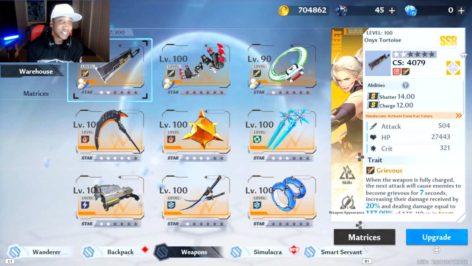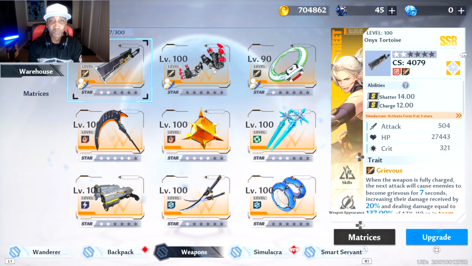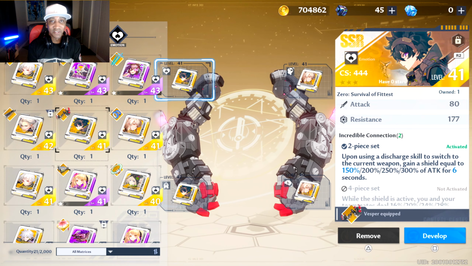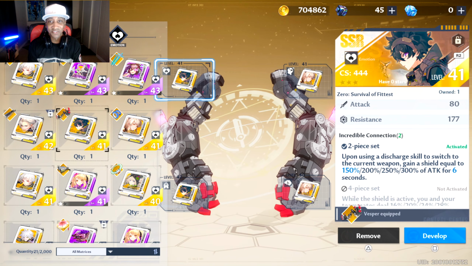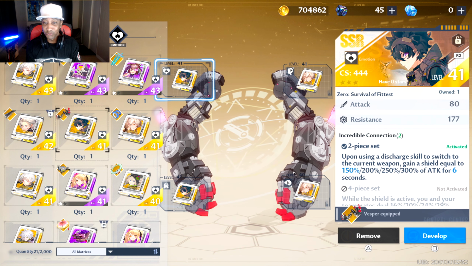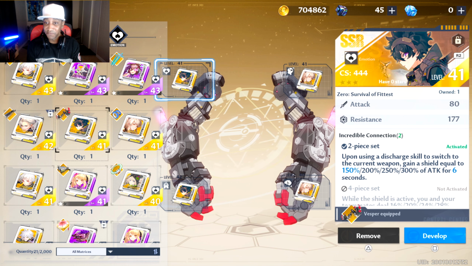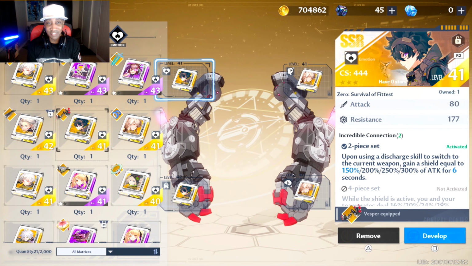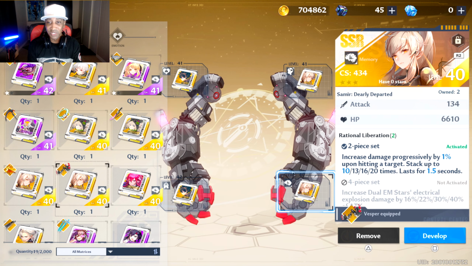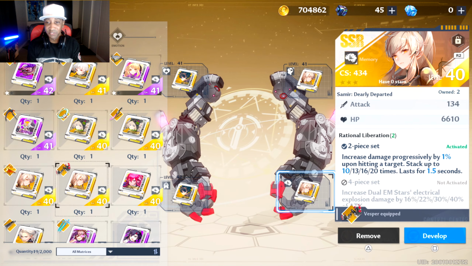When it comes to the weapon chips for this build, I'm going to stay with the same weapon chips I use for Zeke, 2-piece Zeke, 2-piece Crow. Over on my Lyra, the Vesper, I'm going to use this, one of my favorite chipsets. It's going to be 2-piece Zero, and the 2-piece set of Zero says using a discharge skill to switch to the current weapon, gain a shield equal to 150% of attack for 6 seconds. And I love having shields in this game. And then I've got 2-piece Samir, increase damage progressively by 1% upon hitting a target,